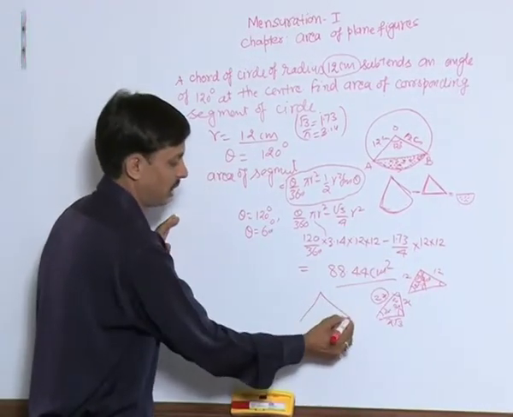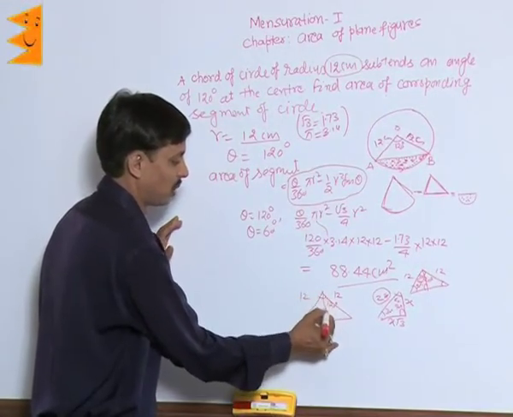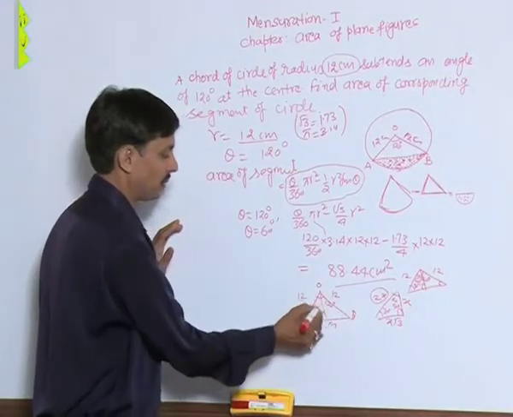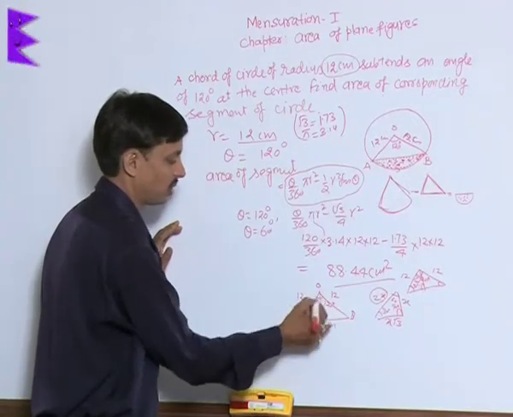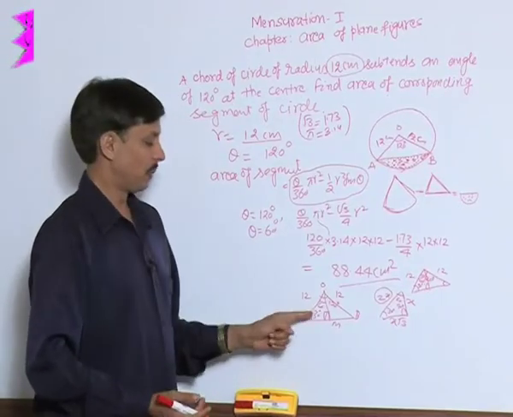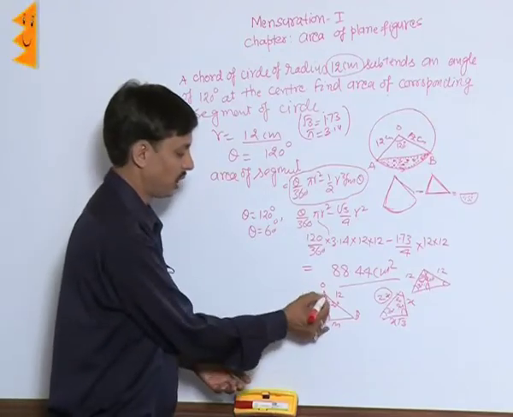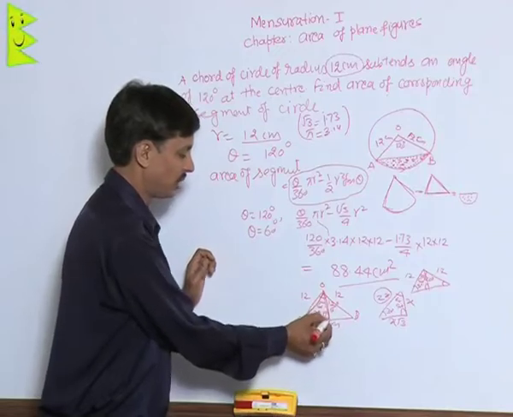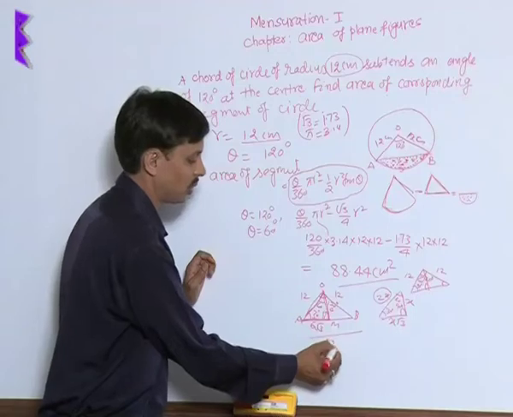Here the triangle is: this side is 12, this side is 12, this angle is 120 degree. I have drawn a perpendicular. This is, I can say, OM, this is A, this is B. So this angle is 60 because these two triangles are congruent. We have drawn perpendicular, this is 90. This angle is 30 by angle sum property. So we can apply the triplet of 30, 60, 90, in which the side opposite to 30 degree is always half of the hypotenuse. So if it is 12, then it is 6. If it is 6, it will be 6 root 3. Double of this is 12 root 3.